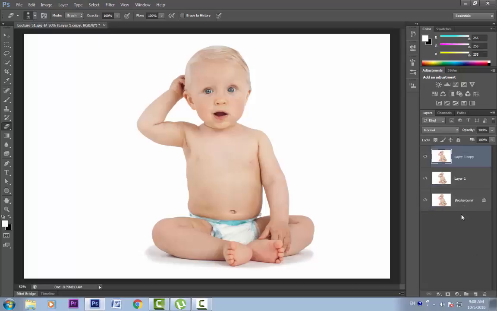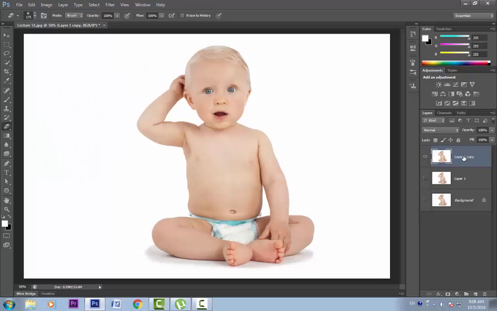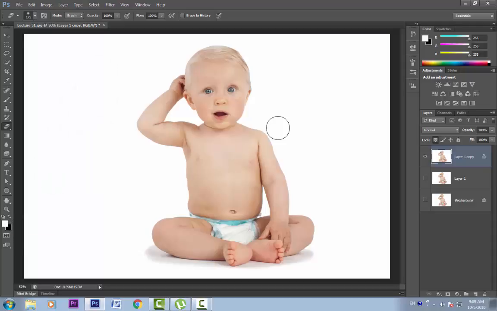Let's make a few copies of this background layer. Ctrl J, Ctrl J. Let's work on this top layer and hide these two. I'll increase my brush size. Now if we erase, we get these transparent pixels. I'll undo. But if we lock this transparency and try to paint, it gives us the same result. It paints it with the black background. I'll again undo. Since this background layer was locked, that is the reason it was not erasing and was painting with the background color.